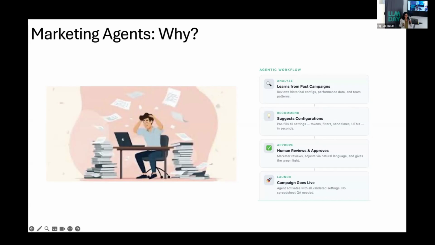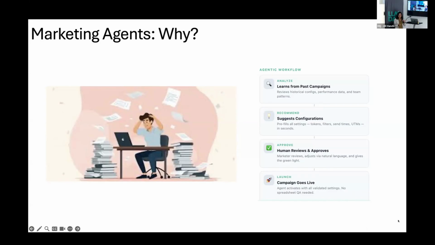And then once you've had these configurations, you also want to go and do things like A/B testing or rollouts to different types of customer segments. And even for this, there's another set of configurations. And finally, all of this data, like whether someone opened an email or not, or someone listened to a webinar or not, needs to flow into the salespeople so that they know who are the people who are primed and they can go and sell. So there's another set of configurations again to make sure that the data flows in the right place. So what an agent does is it actually does all of this for you in an automated way.